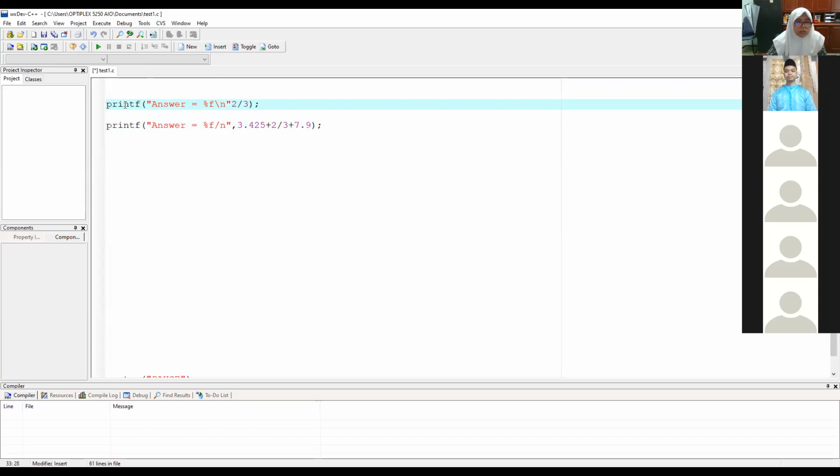So you can see that in this first statement, if you didn't put the decimal point, this 2 and 3 is going to be evaluated as an integer. So you expect that as for integer,